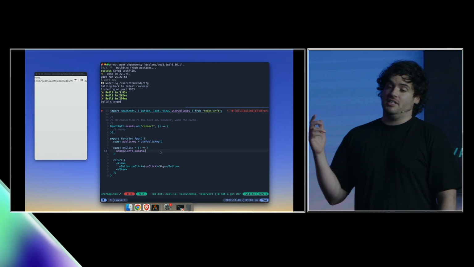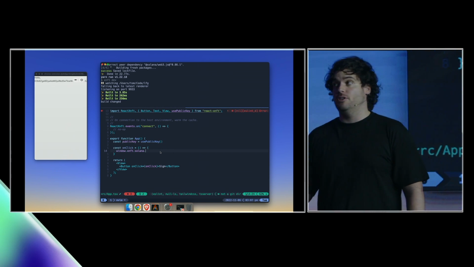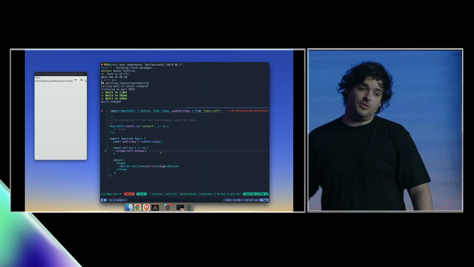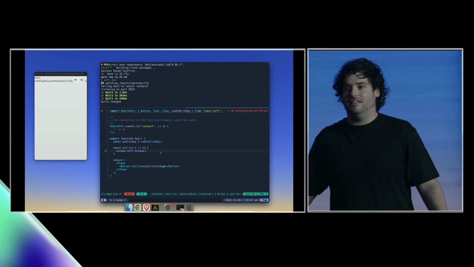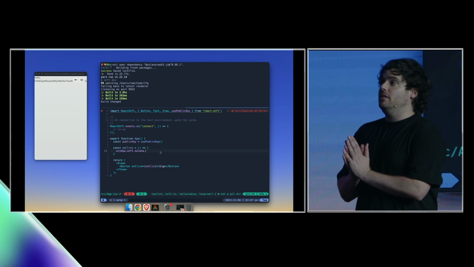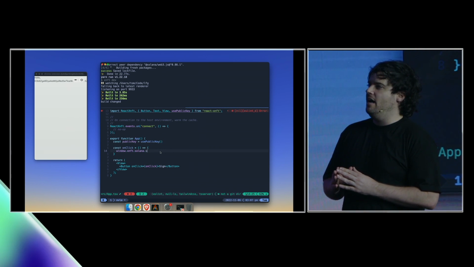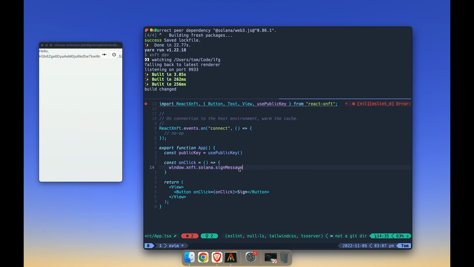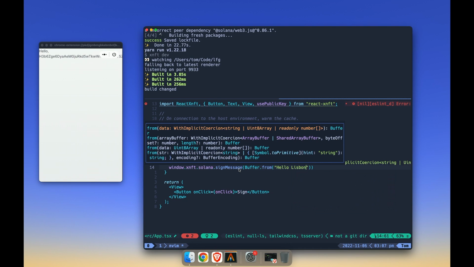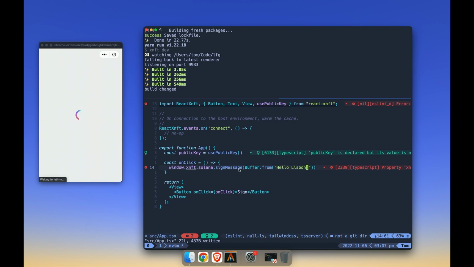So we actually use this message signing in the background when you sign in with your username into Backpack, because we don't want to store anyone's password. We don't want to have any sort of leak or anything like that. So yeah, we just use this message signing. So Tom's now made a button, and here you can see we're using window.xnft.solana.signMessage. So if we were using Ethereum, it would be window.xnft.ethereum.signMessage. We're going to try to have consistent APIs. It's still fairly early days with this stuff, but now if Tom clicks sign,